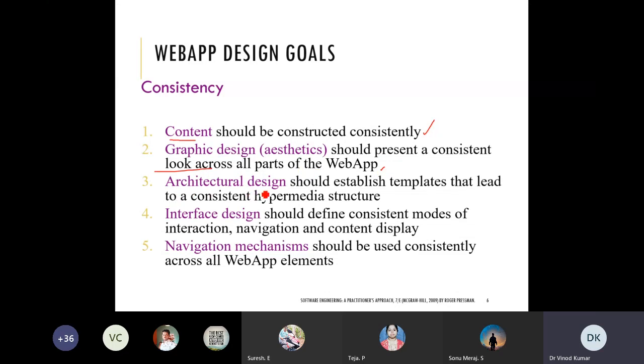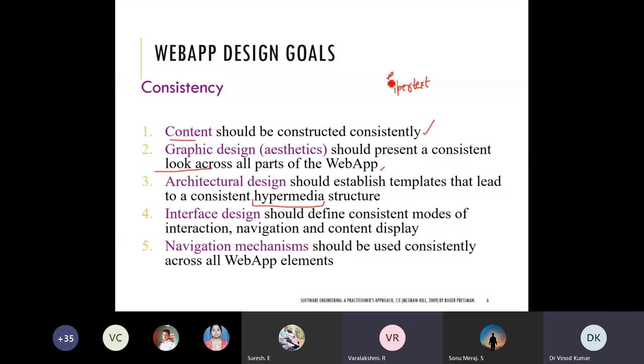Architectural design should establish templates that lead to a consistent hypermedia structure. Do you know what hypertext is? Can anybody tell what hypertext is?